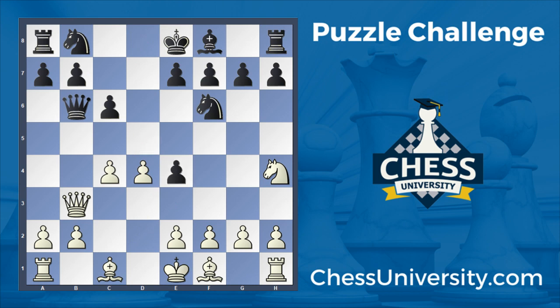Then white grabs the pair of bishops, and we get this structure where black has doubled b pawns and doubled e pawns, and white has a bishop pair. Black has some compensation down the a file, but in general, pretty easy position, I guess, for white to play in a blitz game. Knight f5 played,